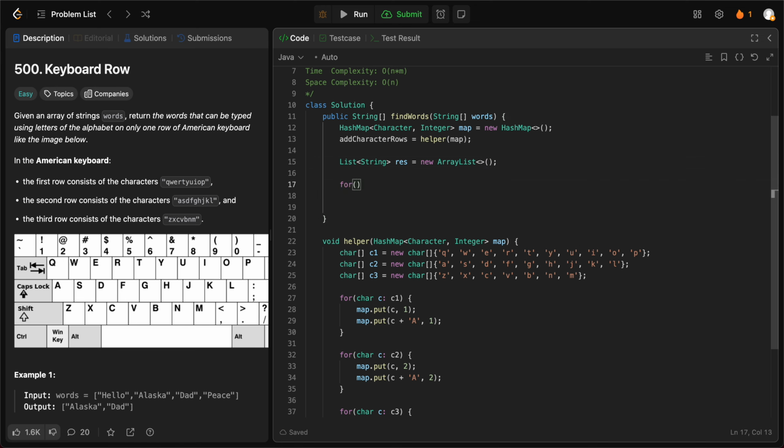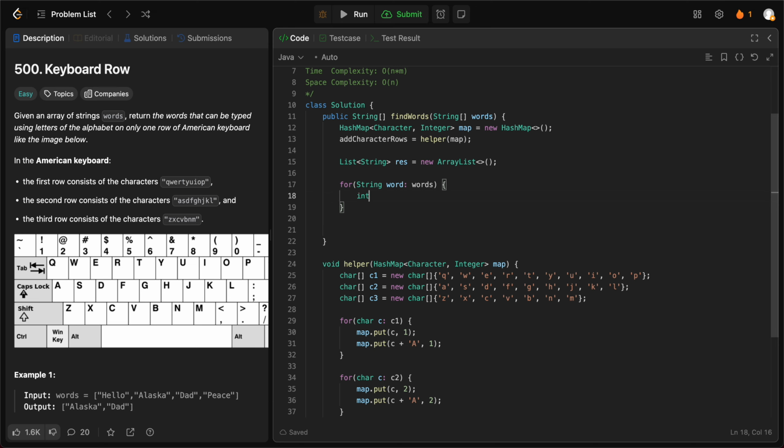So for string word in words, intro equals map.get(word.charAt(0)). So basically what this is saying is that, okay, this is a row for the very first character that we have,